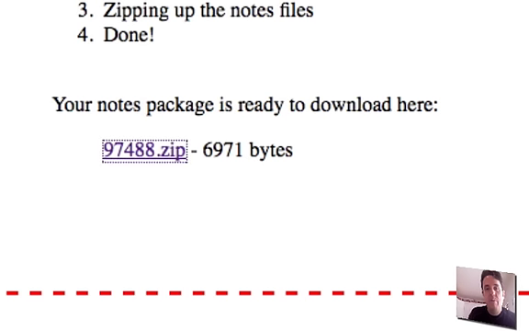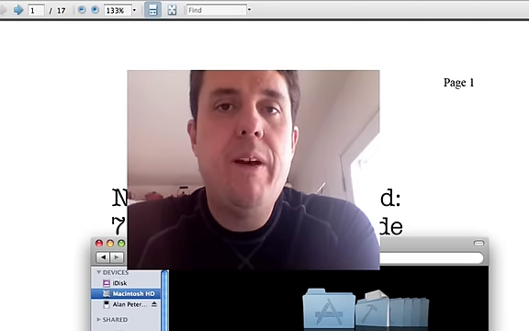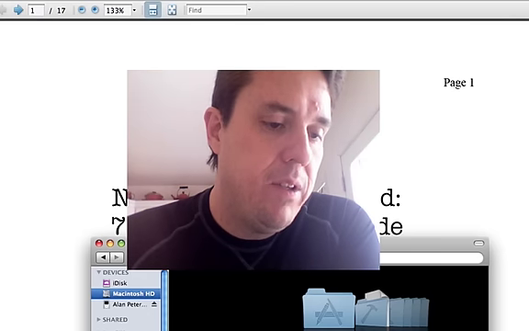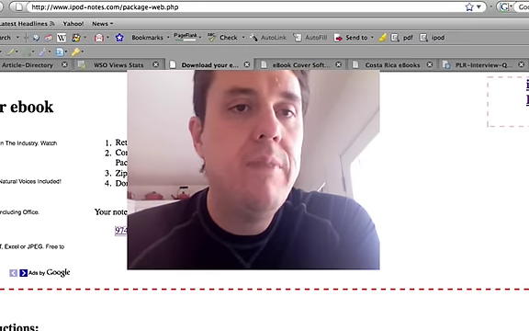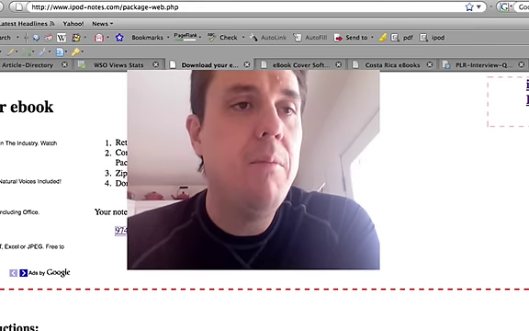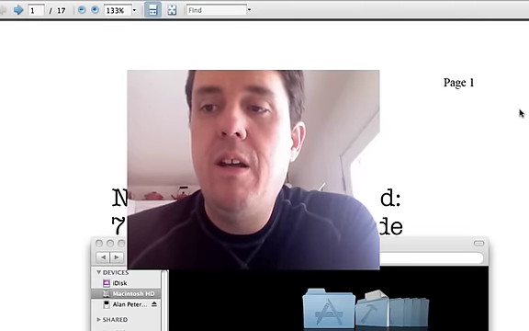Now the next step is we need to get that text file into our iPod, so we need to hook up the iPod and then navigate to the notes folder, and I'll show that to you here in a sec. Once you download that zip file from iPod-notes.com, you unzip that file onto your desktop or your computer,